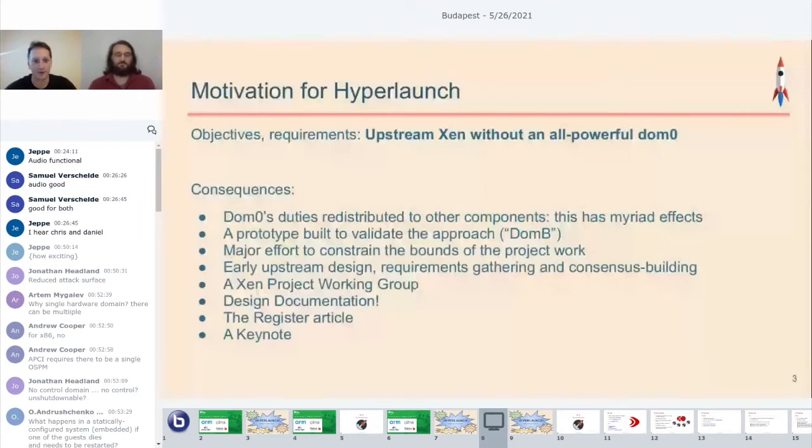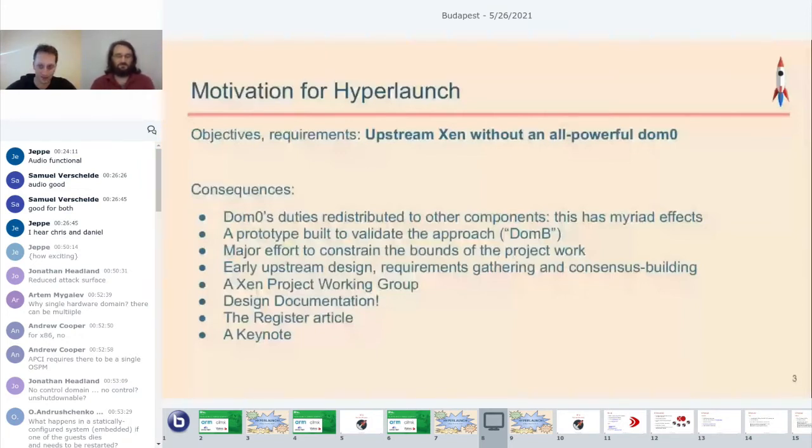A bunch of the technical work to understand what it takes to run a system that way was identified, and as a consequence, we undertook an effort to constrain the bounds of how big this project would become, and with a patch series of 40 or 50 different patches, which is a bit big to turn up to XenDevel and ask somebody to review and merge and iterate on,